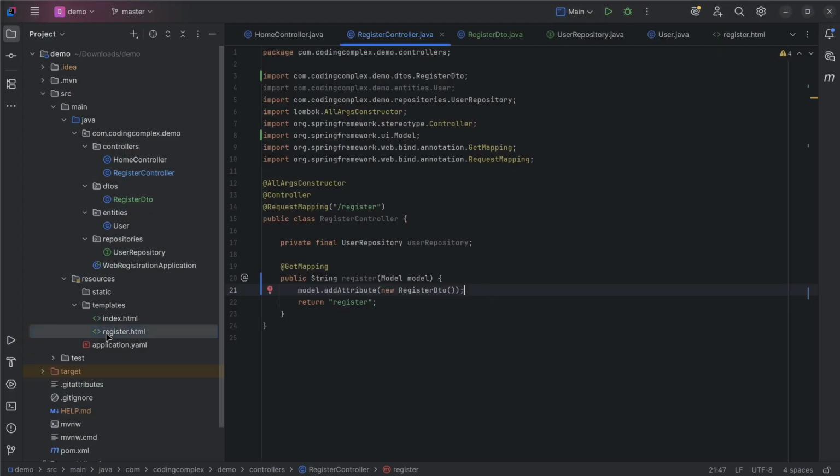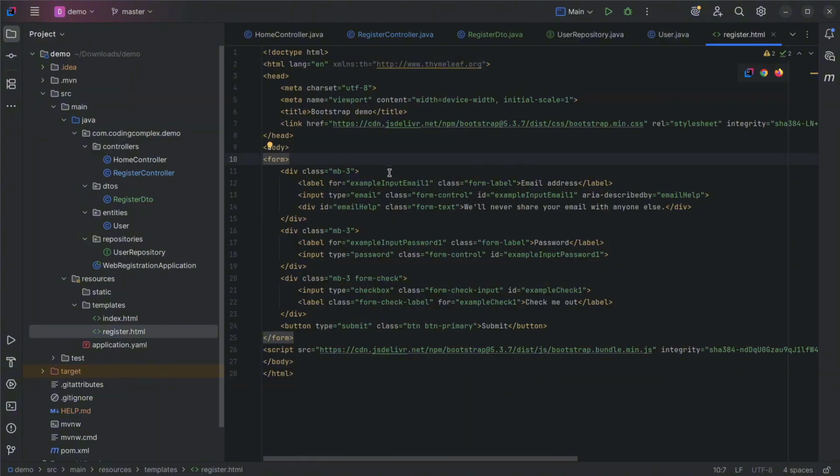Now in the registration form, let's go there. Here we need to define the method, which is a post request. We have talked about post requests before. It's when we want to submit data. The th:object will be equal to registerDTO. So registerDTO. Now we need to add also in the input field for the email, again th:field to be equal to also